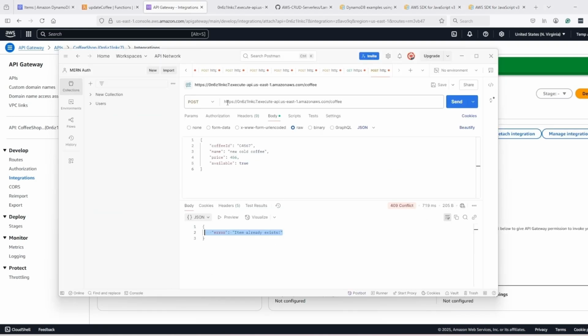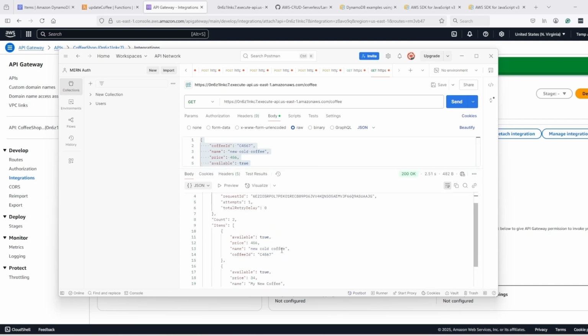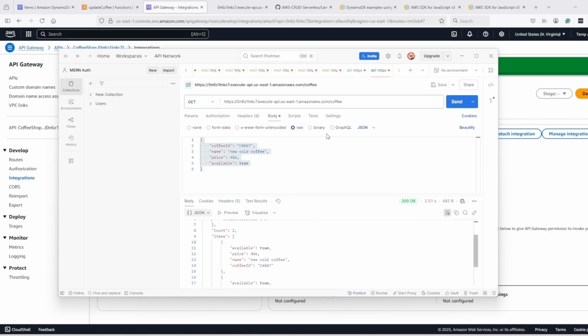Now let's modify here only. So if I make it get, I will copy it first of all. So here we have two coffees available, and I will edit this one, which is C4567. So what I need to do, I need to pass slash coffee id. So it's 4567, and in body coffee id is not required. So I will remove coffee id, and